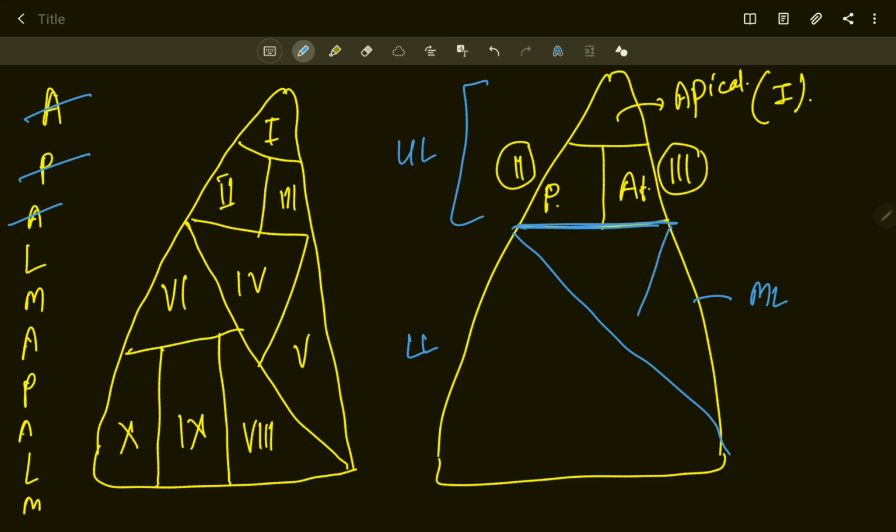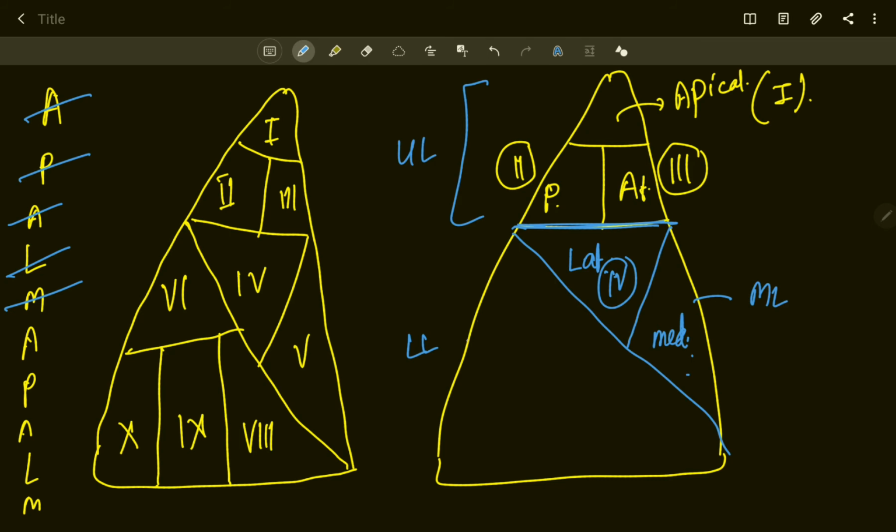In the middle lobe there are also 2 bronchopulmonary segments. I previously numbered number 4 and number 5 here. Number 4 here, number 5 here. Number 4 is your lateral bronchopulmonary segment, and number 5 is your medial bronchopulmonary segment in case of the right lung. Now the upper lobe is complete. Now come to the lower lobe.